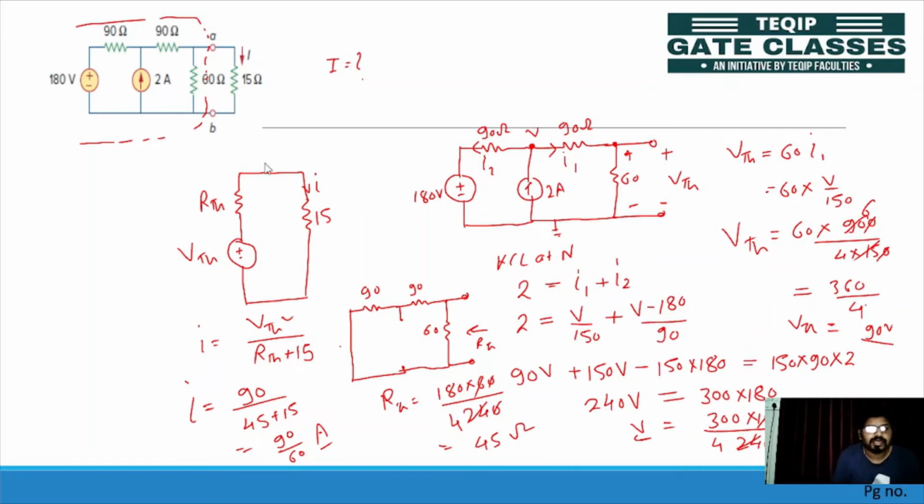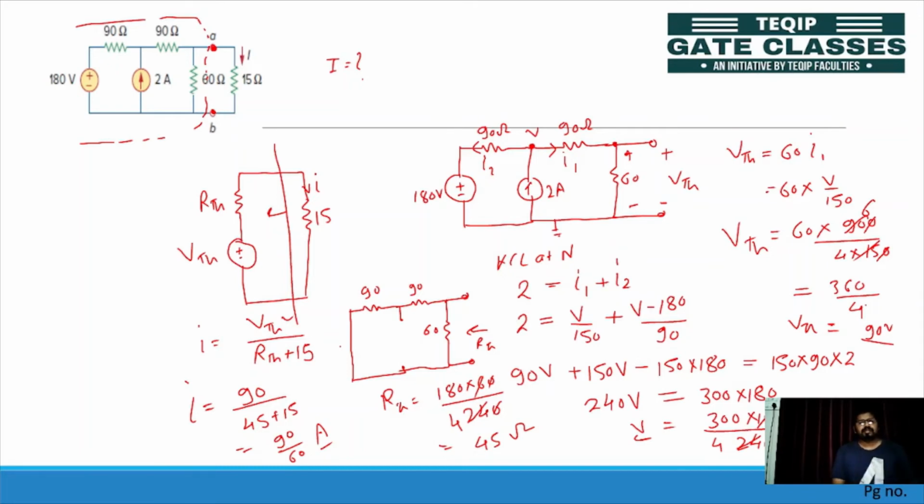Okay, many times the question is such that there is no 15 ohm, no current is asked in any branch, only the terminals A and B are given, and the question is to find the Thevenin equivalent circuit. Then you have to just calculate VTH and RTH and draw this circuit, this voltage source with series resistance. Find your VTH, RTH and draw this circuit. This is your Thevenin equivalent simply.